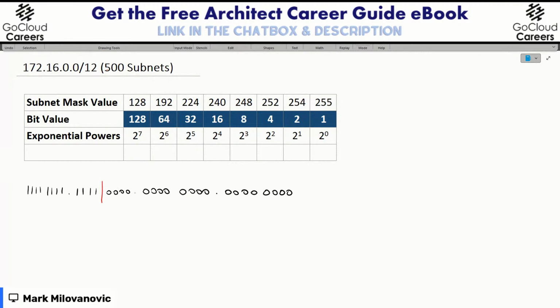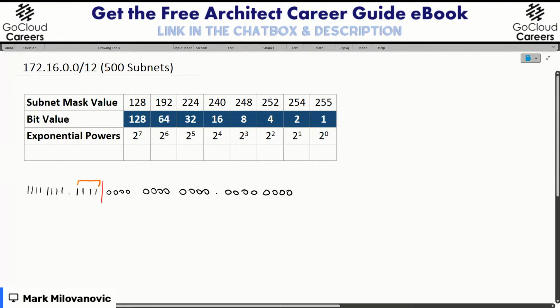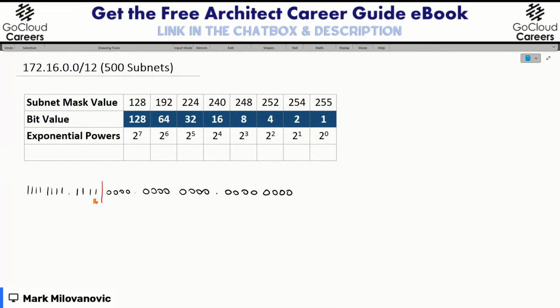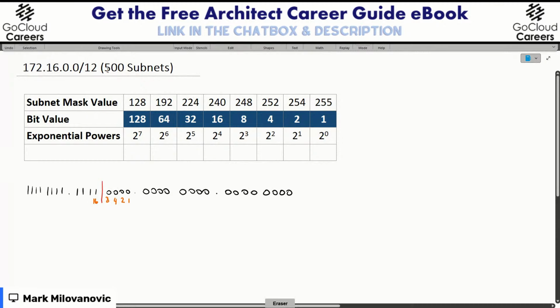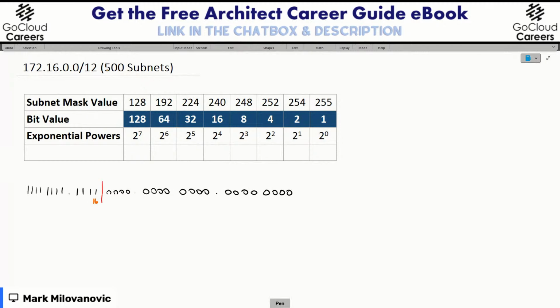And as usual, what we want to do is figure out what the increment is over here so that we understand what we are starting off with. And as you've noticed, this is where my little shortcut comes in. I see there are 4 bits here. 4 times 4 is 16. That immediately tells me I can write this number down here. If I'm not sure, then I can start counting my bit values, which is 1, 2, 4, 8, and then finally 16. All right. So far, it's nothing different than what we've done before.